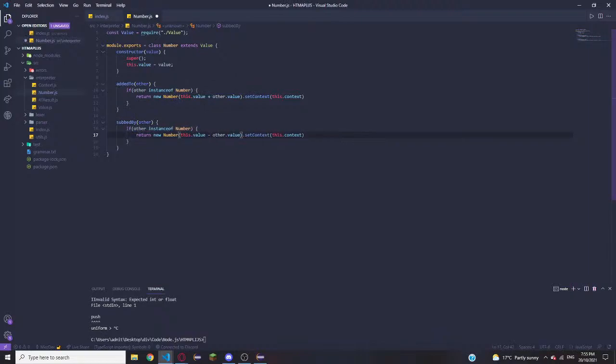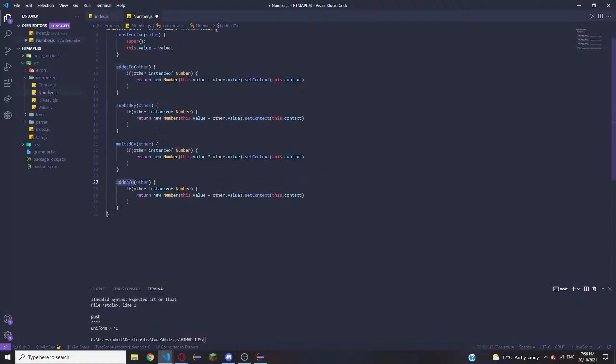Okay, now all of these operations are just going to be basically the same. Mult by, and it's going to be a multiply. And then divided by, div by. Now this is where it gets a little bit more